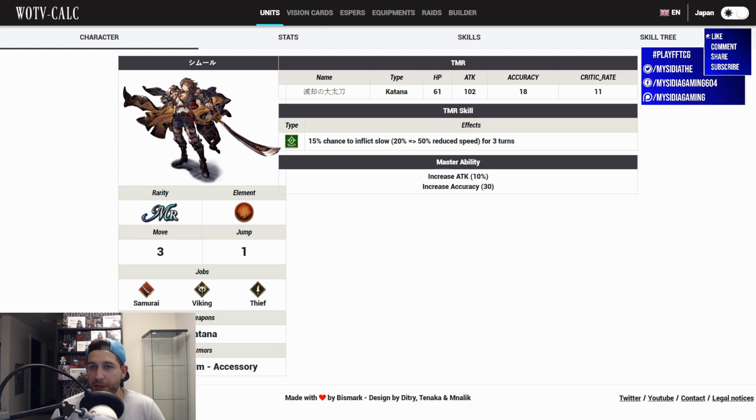Now, he might fit your team if you're looking for someone to add to your evade side. If you don't have a thief yet, if you're a new player and you haven't got a thief for raids and for tower, then he's going to be a really nice tower unit for you, so you can build him if you get him. But again, for the MR units, generally you're not going to pull for them,